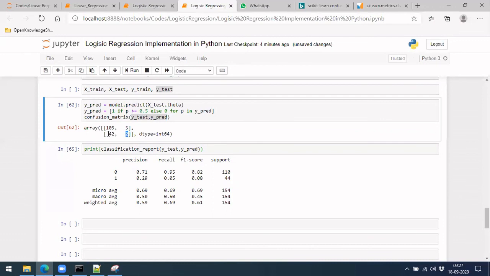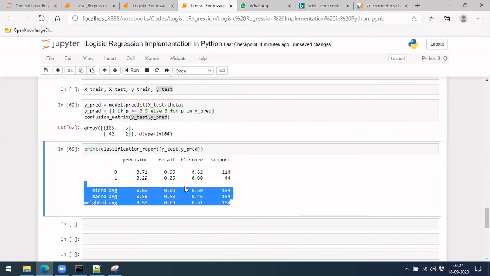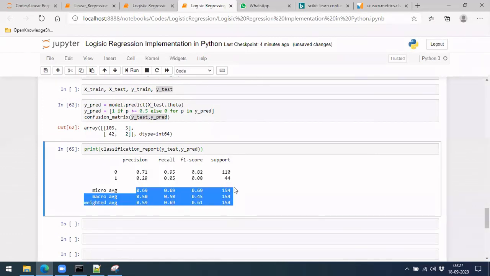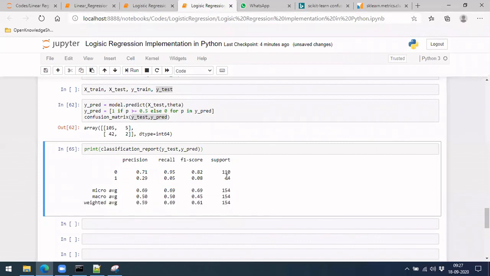This model is quite bad in detecting diabetes, but it is good in detecting not diabetes, right? So this is the conclusion we can make. In total these are the accuracies you'll be getting, because out of 154 it is correctly detecting these many.